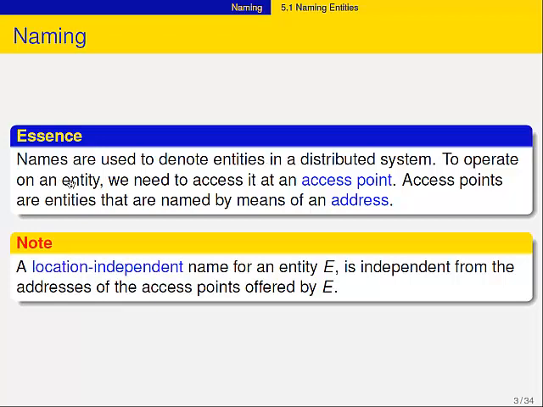Because to operate on an entity, file, process, memory location, whatever, you have to access it at an access point. And the point is, pointing to an access point is really difficult, if not impossible. Have you ever thought about the access point of a memory location?